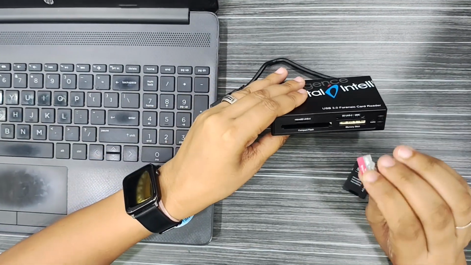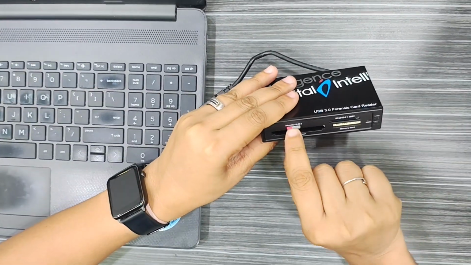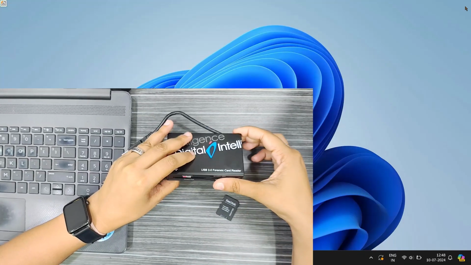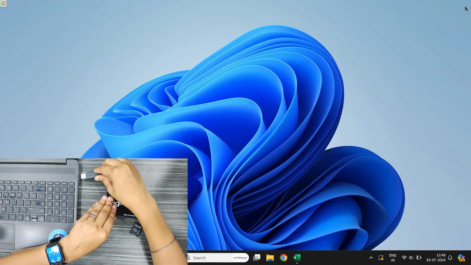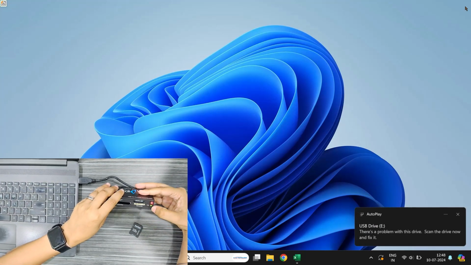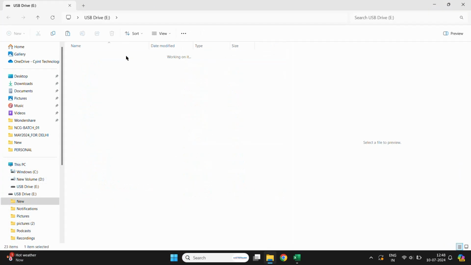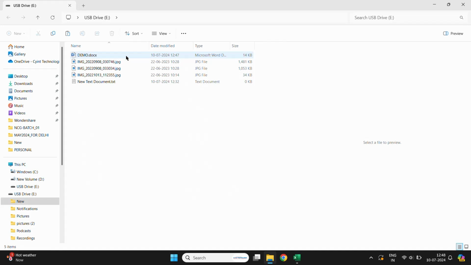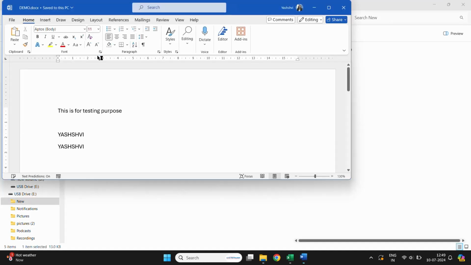This is where the role of the Forensic Media Card Reader comes in. This time, I'm inserting the same SD card again into the FMCR. And let's perform the same actions which we did with the SD card adapter. Now I'll open the demo document again and try to edit something.